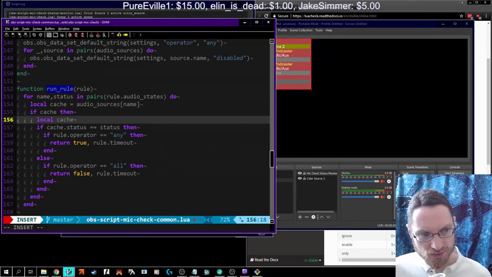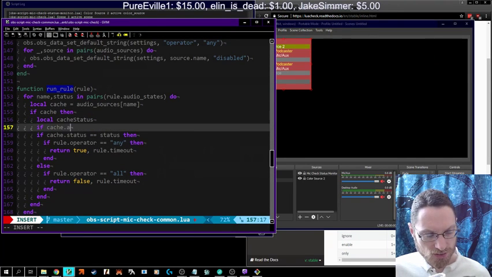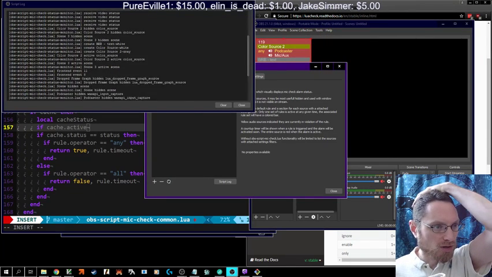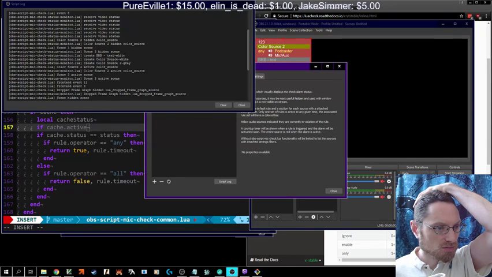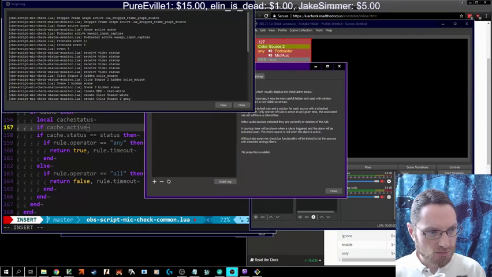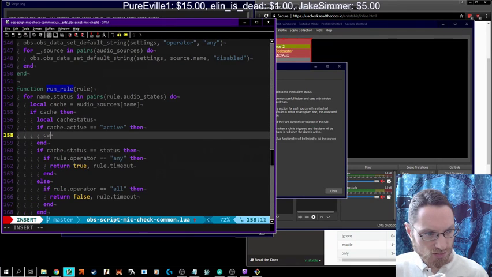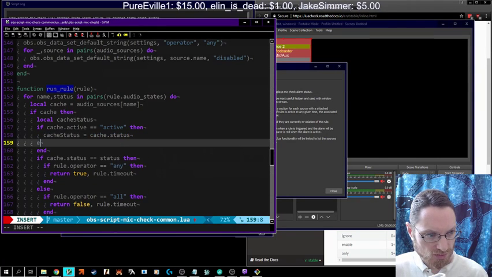Because we care about equal status. If cache status equals cache.status, if, well, if cache dot, oh, these are, I made these text. And because what does status mean? And it was hidden or active. Equals active. Then cache status equals cache.status. Else,